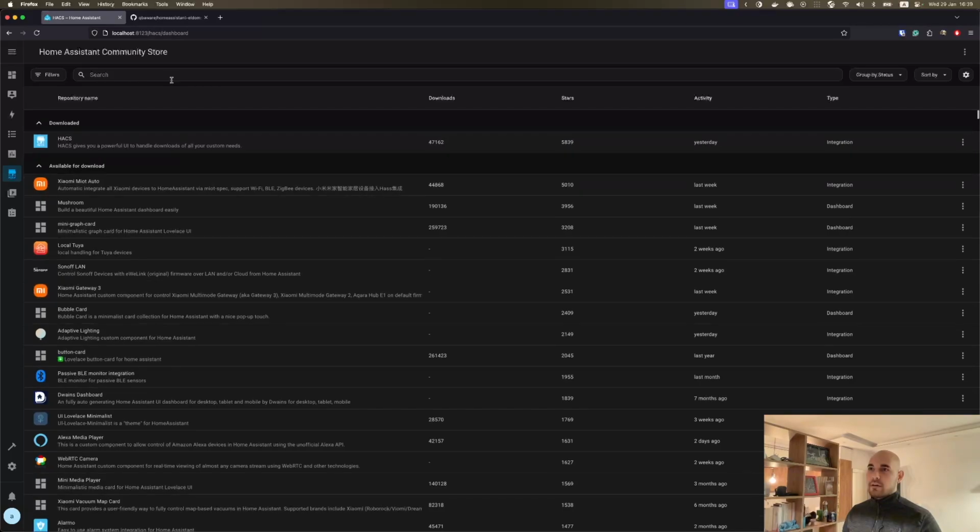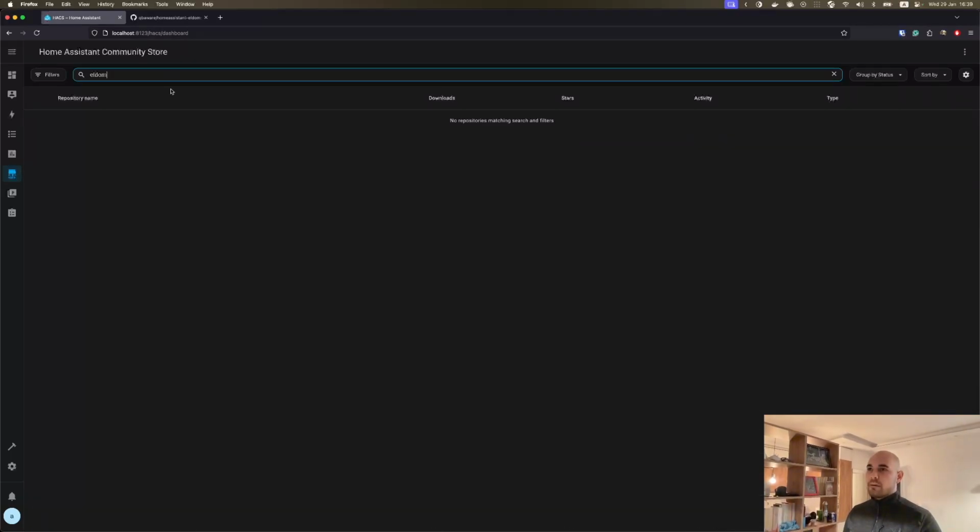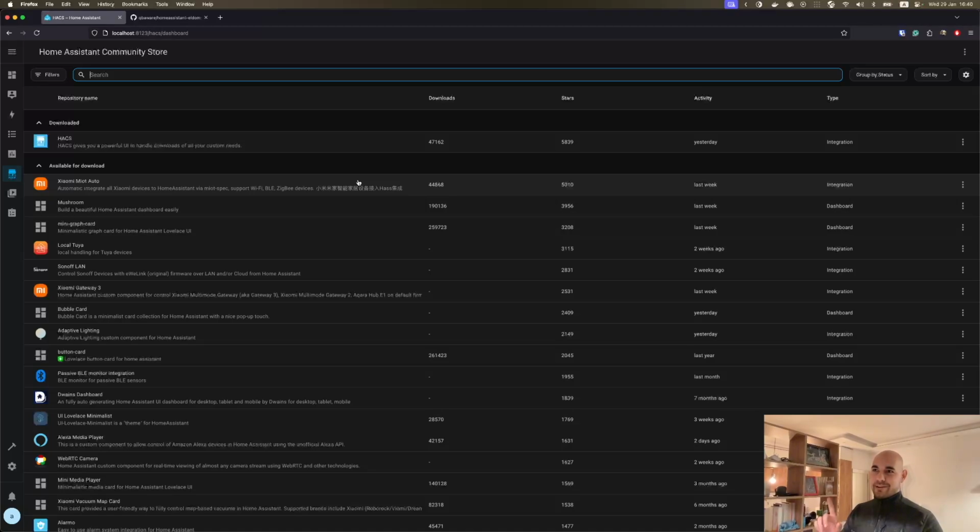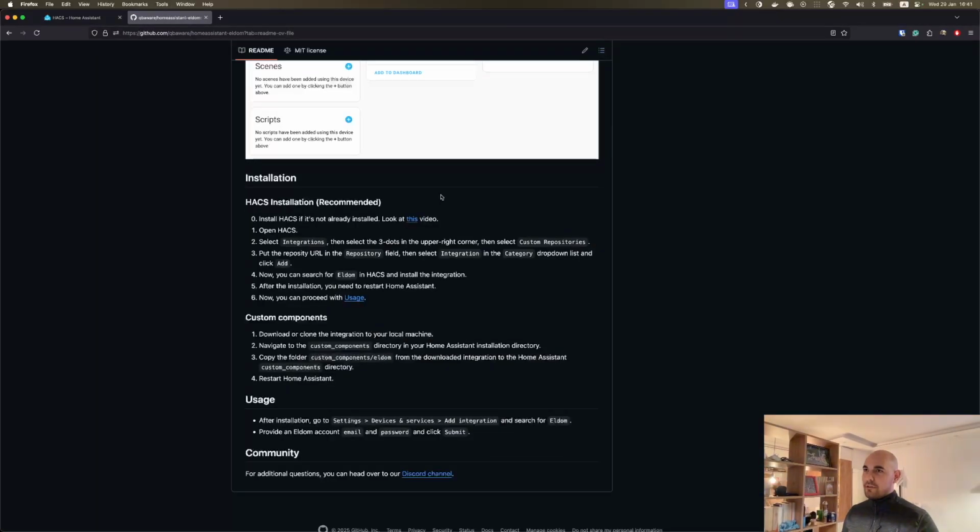And from here, if we search for Eldom, we won't get any results because HACS doesn't recognize our custom repository yet, because I've opened the PR to correct that. But in the future, essentially, we're gonna be able to just type Eldom and see the integration. But for now, that's not possible. So the thing we want to do now, to continue,